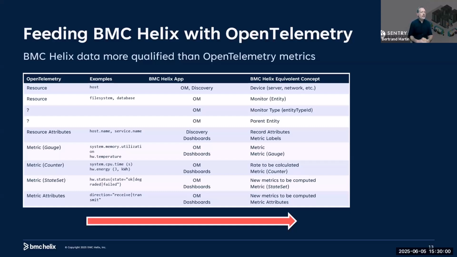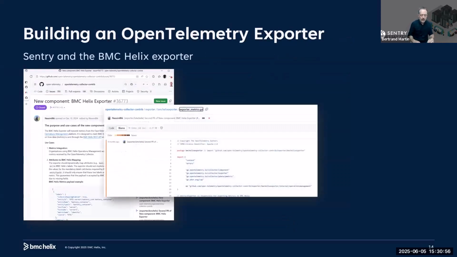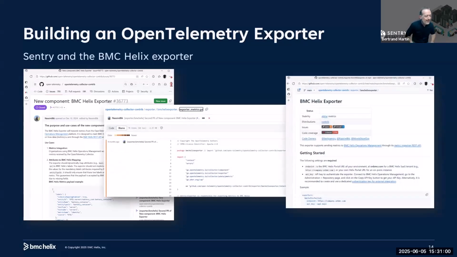Then we have attributes that we need to map properly, and then we had an issue with metrics. OpenTelemetry defines different types of metrics: gauges, counters, up-down counters, histograms, etc. State set, which is a bit special, and attributes associated to the metric. And we had to understand how to properly map these metrics in BMC Helix, and that needs a little processing to make sure that everything on the OpenTelemetry side ends up properly represented in BMC Helix. So we were thinking of that, and then our own Nassim Boutekejait, who is attending the call, hey Nassim,